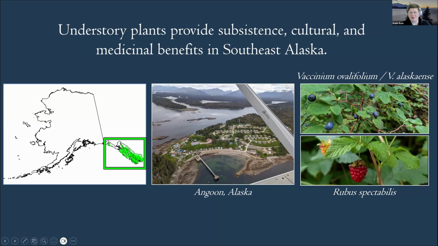That's blueberry right here, Vaccinium ovalifolium and Vaccinium alaskaense. They're so phenotypically similar that they kind of get lumped together. And then salmonberry, Rubus spectabilis, down here. And I've had the good fortune to be able to go to several communities in Southeast Alaska over the last